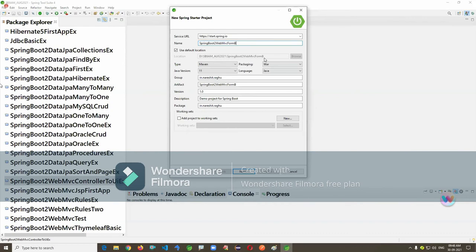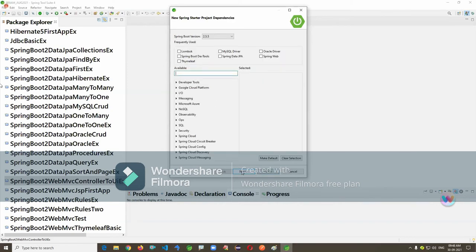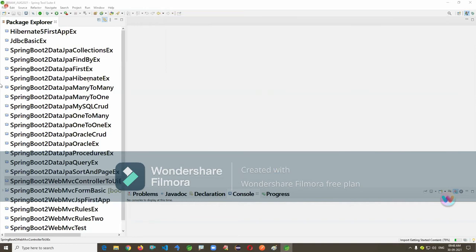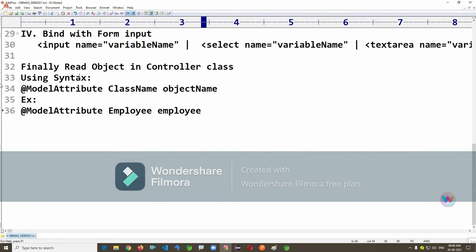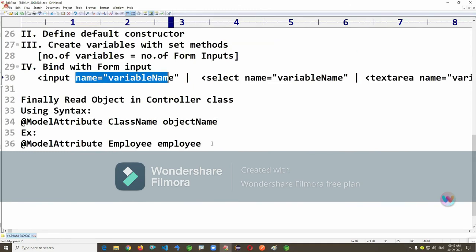Web dependency, dev tools, Lombok, Thymeleaf. Inside this, you write the HTML code. For example, HTML, body. The name must match the variable name, so copy, paste, paste to bind.